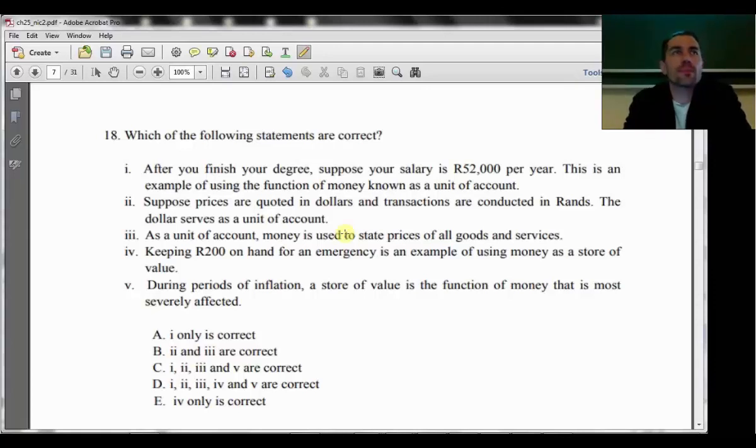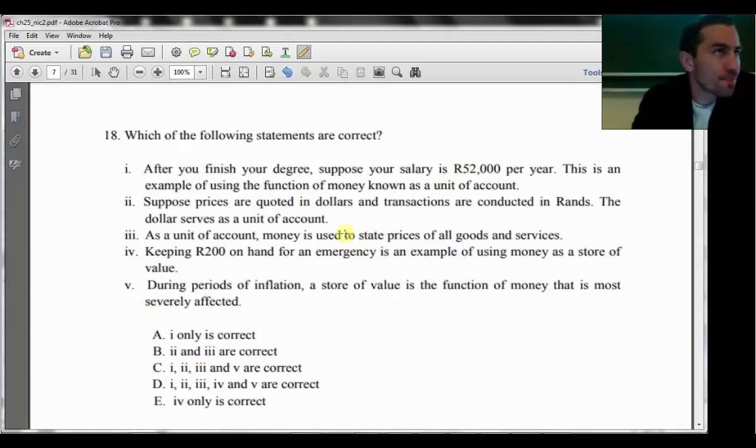Okay. May I pick on you guys just quickly? What are you struggling with in that first one? What do you think? Do you understand what unit of account means? Not really. So that would be a problem, right?